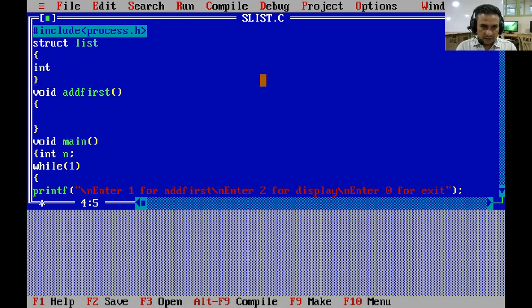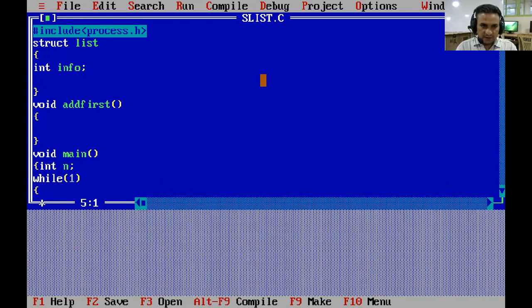One is information, which is integer type, info, and second is the address of the next node of the same list type element. So we have to use a self-referential structure here. So we have to write struct list and provide an internal pointer called link. We can write any variable name in place of link; we can write a, b, c or any.